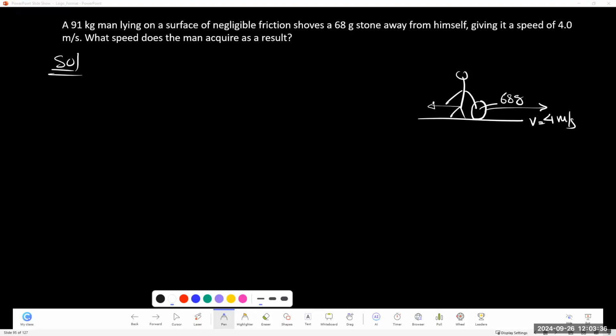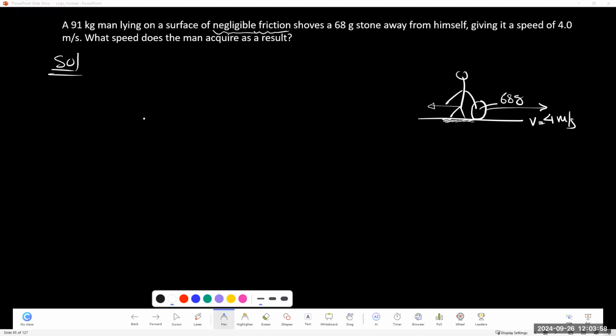This man is also pushing back himself because there is no friction, right? Usually in real life we have friction. That's why when we throw stuff we can stay in place, because we have friction to hold us. But in this case, no friction is given in the problem right here. Negligible friction, so he is going to be moving. Let me write